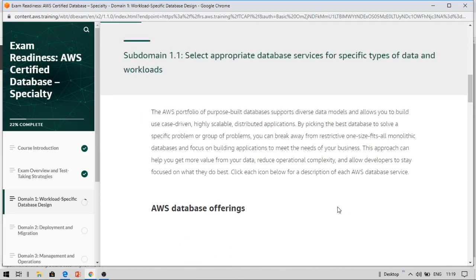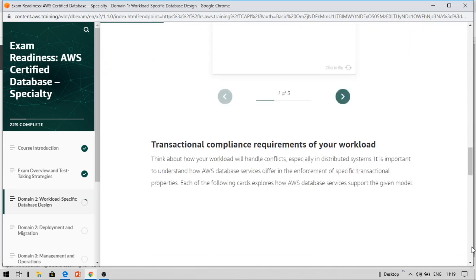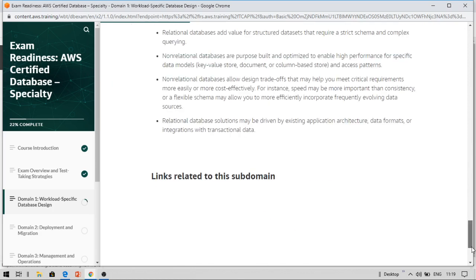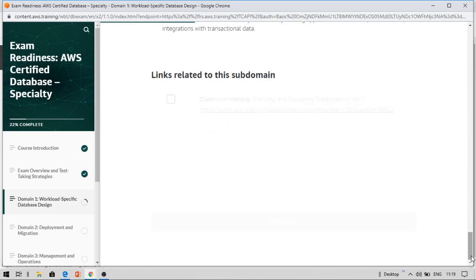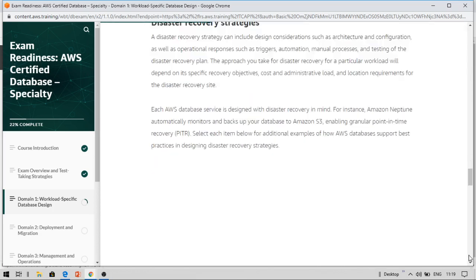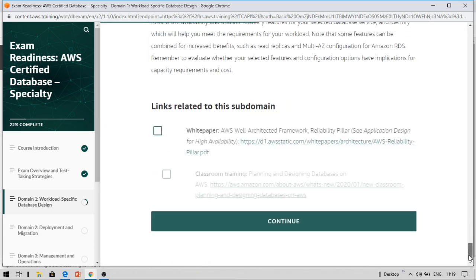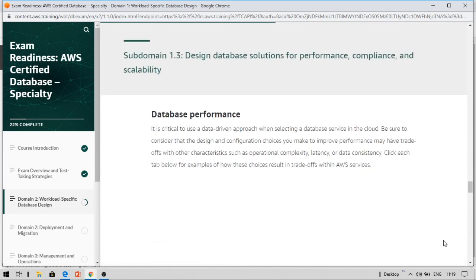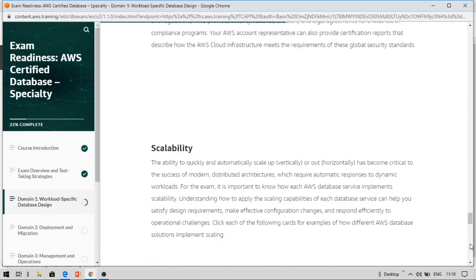If it is a video, you can directly move on to the end of the video and click play. It will ensure that you have completed that video. So that is about this course. Like this, you need to complete it. Just click on continue, continue, and continue till the end. This will ensure that you are completing all the modules, and at the end it will show that you have completed this.